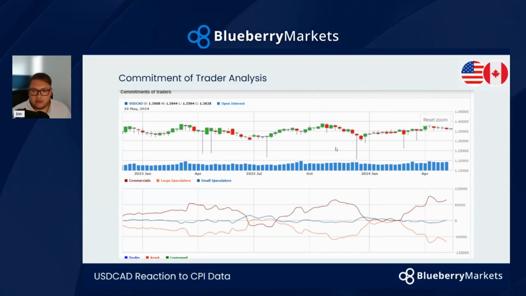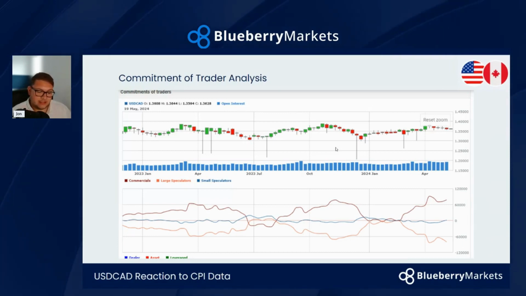So a good way to always think about it, I always reference gold in this because I just think it's easier to understand with gold personally. If gold prices are moving higher, the businesses that are involved with gold want to sell more gold. So you'll see the selling pressure on the commercials. They'll be shorting a lot of contracts because the price of gold is higher, so they want to make more profit from that. As the price of gold falls, they're going to be investing into gold for future price movements. So that's the way I like to think about it.